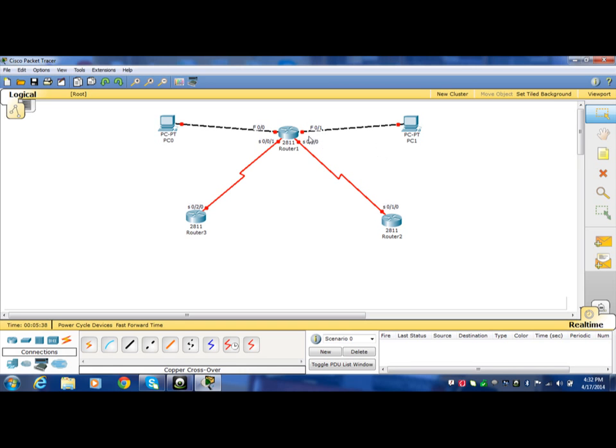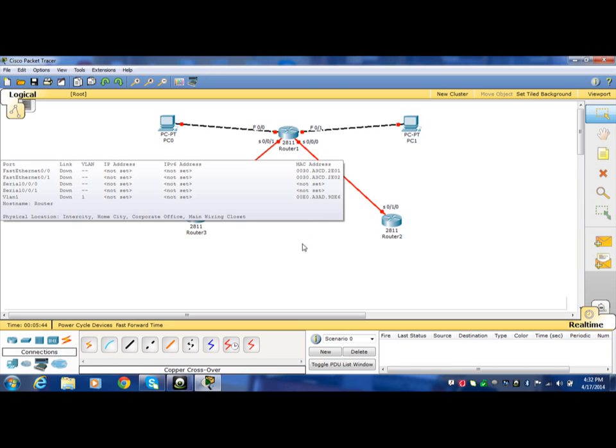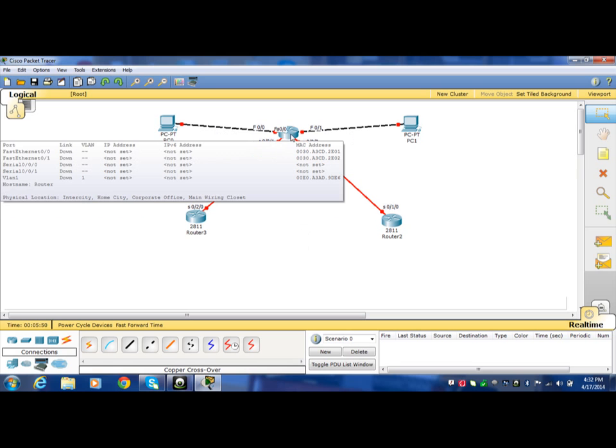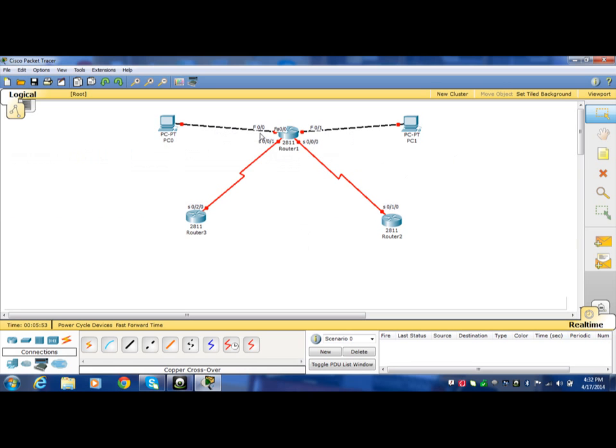So now I'm going to assign the IP addresses. Now this is the physical structure of my router. Now to assign the IP address, I'm going to this router and assign the IP addresses to my network. For example, this is my network. My network is